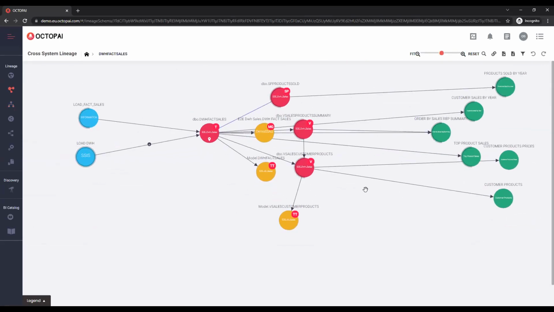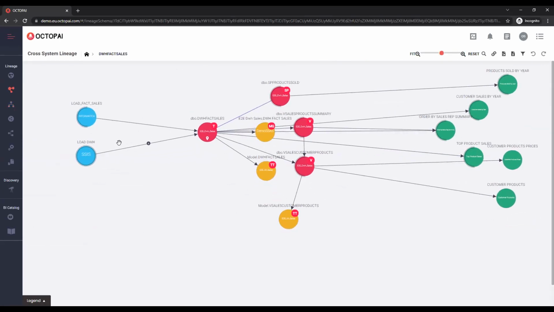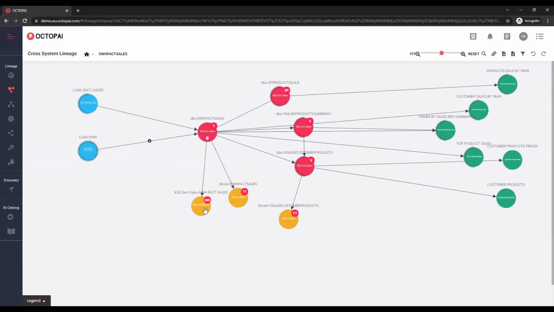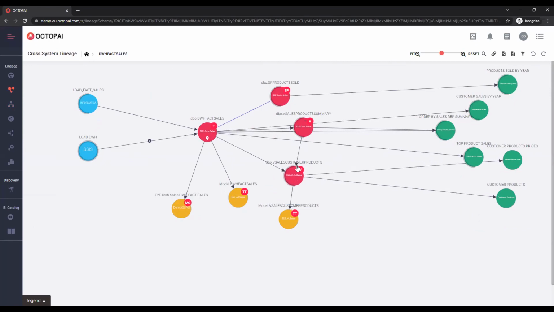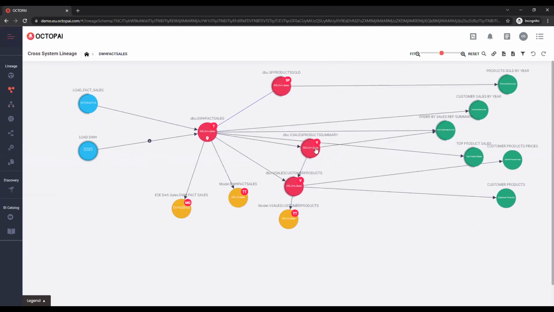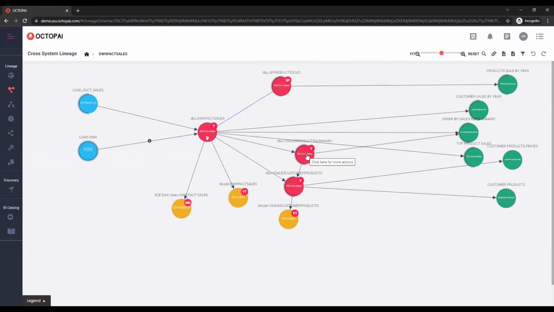Click on the lineage object, and see how this table is being populated by these two different ETLs, again, from completely different systems, being used in these analytic models in OLAP, in tabular. It's also being used in these different views in the stored procedure. And this view is actually being used for these reports over here. By the way, this all ties back together, as you probably guessed by now.